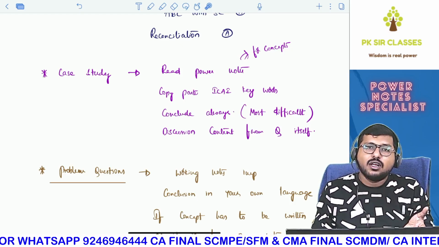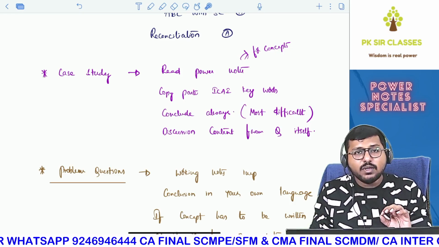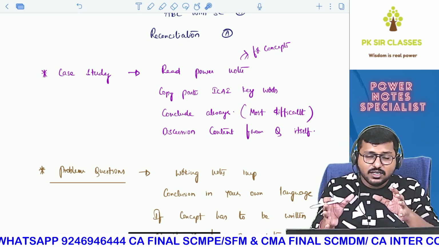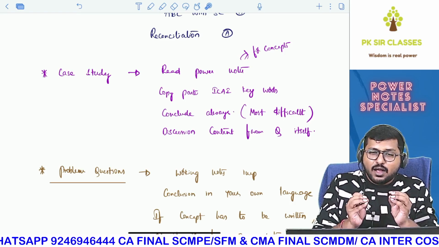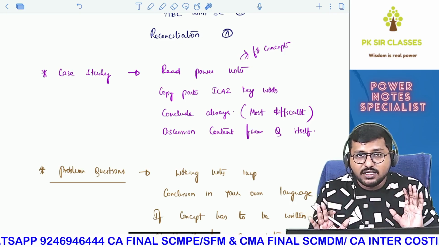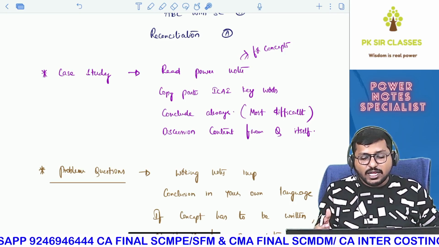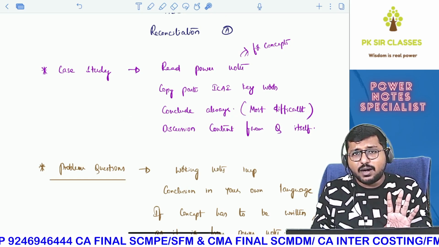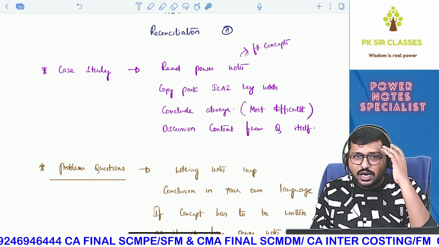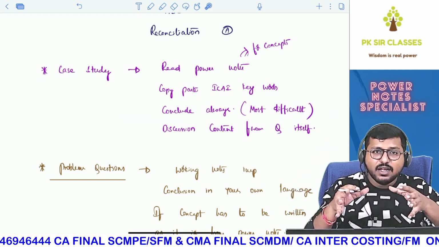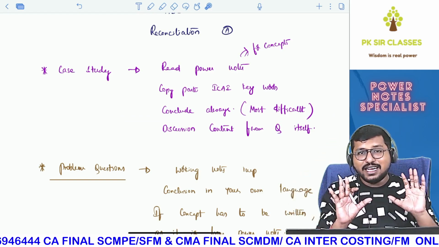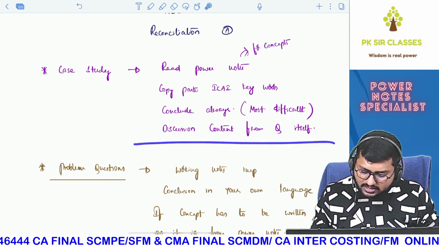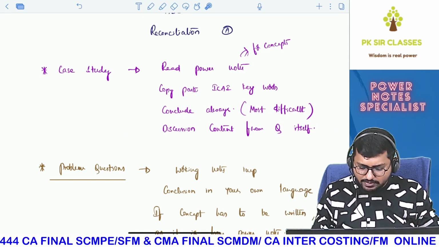It can be changed. I know how to change that. But the problem is you will not get marks in the examination. That is the reason we kept it, especially the keywords on par with ICA. Only then will our answer match with the key. Next, conclusion is the most difficult part. That is where you have to give your attention, where you have to apply the concept and then try to analyze what is happening to the data of the question. And finally, discussion content from the question itself you can copy paste.